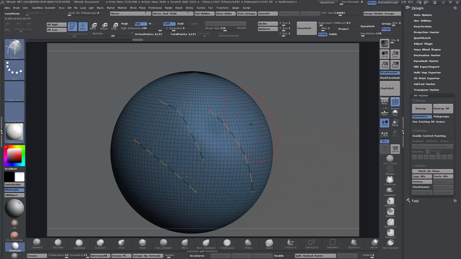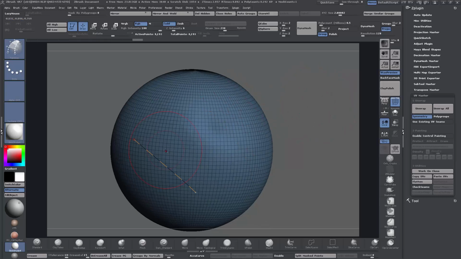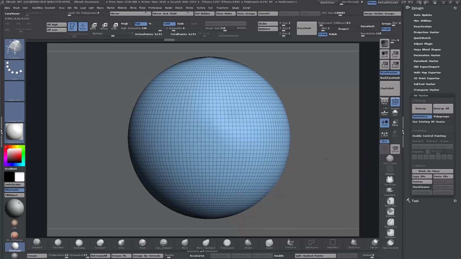So you can also, I'll show that in a while actually. So I'm just going to alt swipe across these to get rid of them, and clear that mask. I'll leave that res brush size. So the way it works is it's just going to create either tris or quads. N-gons are illegal, so